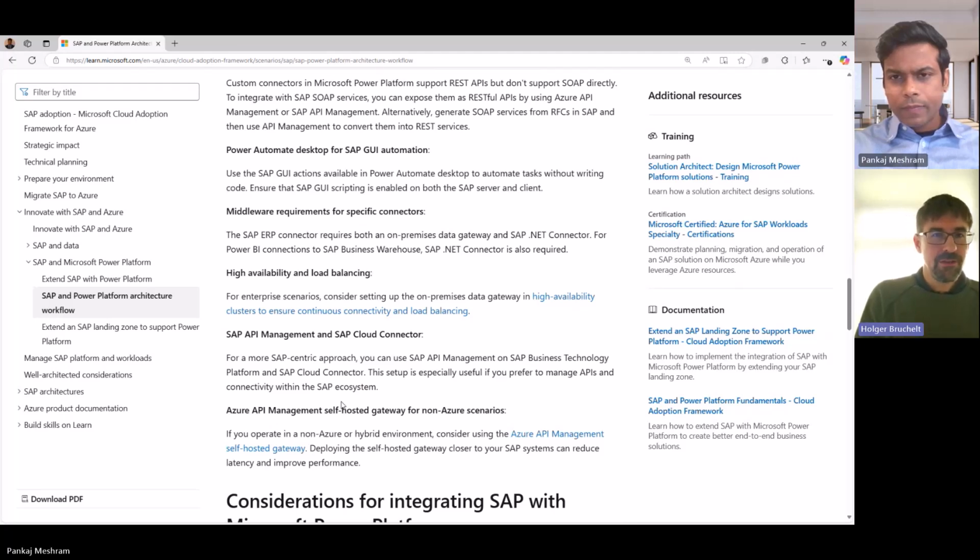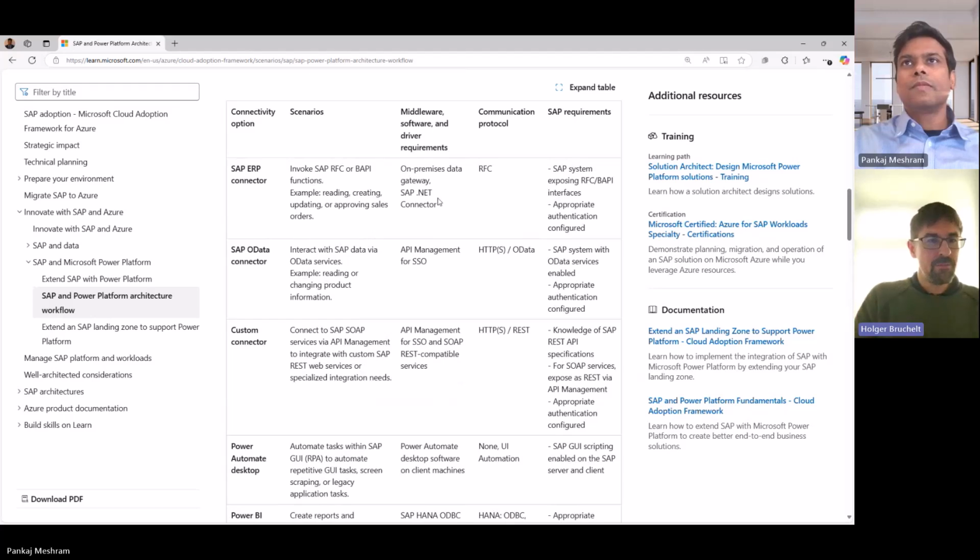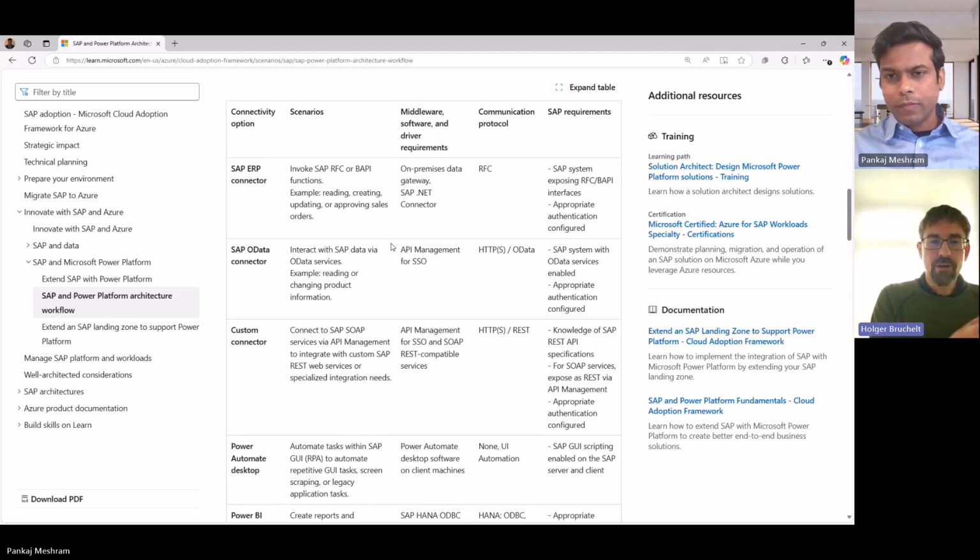And the SAP team said, no, we don't allow BAPIs anymore. And with this table, with this overview, we can say, okay, sure, no problem. SAP ERP connector, let's not use it. But look, there's another design consideration. You are an SAP-centric customer, so then let's go with SAP BTP, the SAP Cloud Connector, SAP API Management, and let's use the SAP OData Connector. And I think that's the beauty of this table, and also the considerations that you have below,